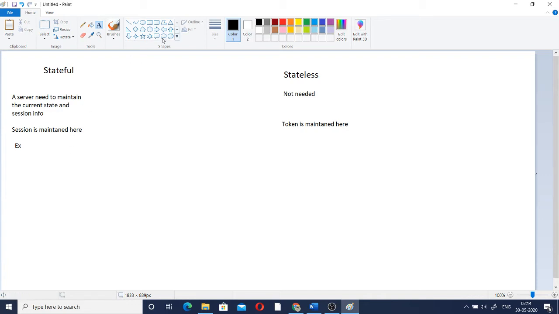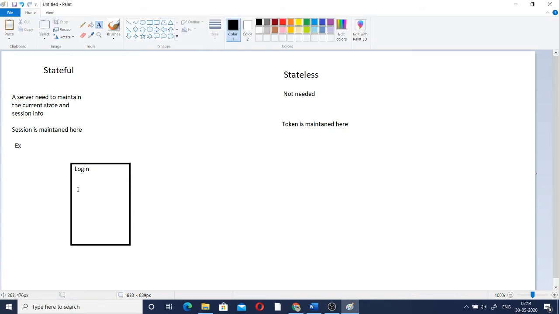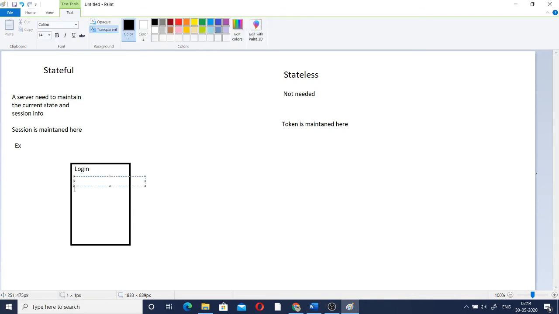Usually we are doing basic operations like login to the application, view products, adding products to the cart, and order the products. These are the basic operations we can just imagine.